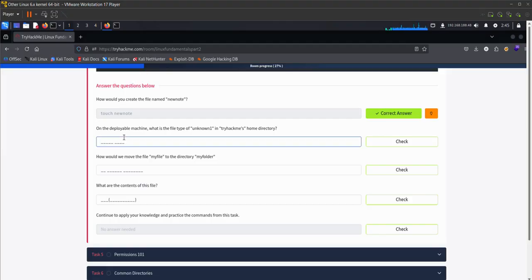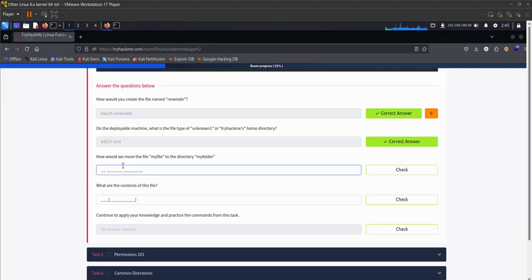Okay, unknown1's type is ASCII text. How would we move the file myfile to the directory myfolder? We use the mv command, move myfile to myfolder.